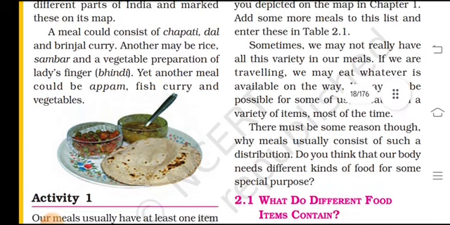Sometimes we may not have all these varieties in our meals. If we are traveling, we may eat whatever is available on the way, and it may not be possible for some of us